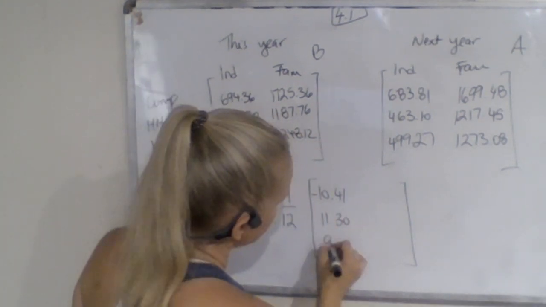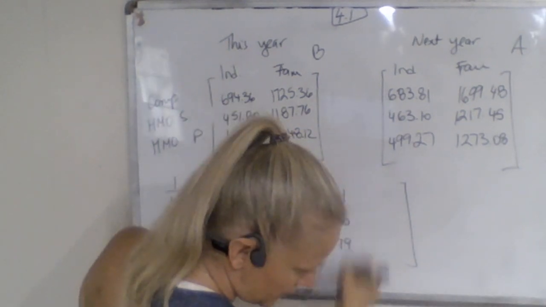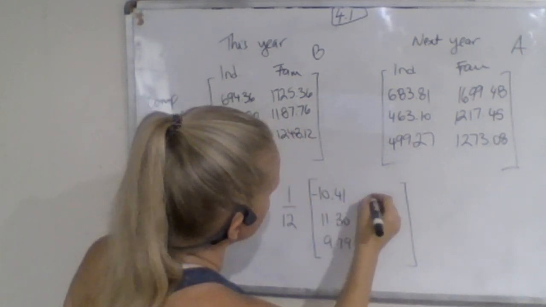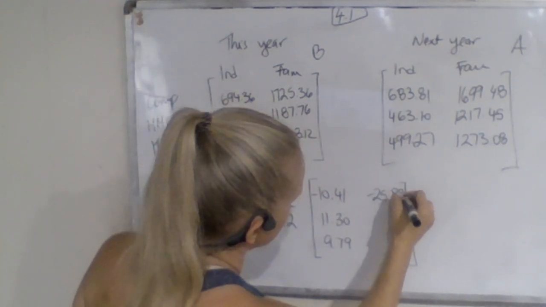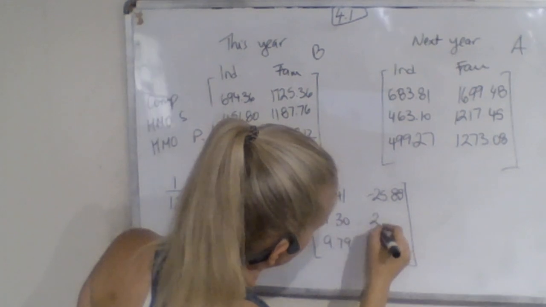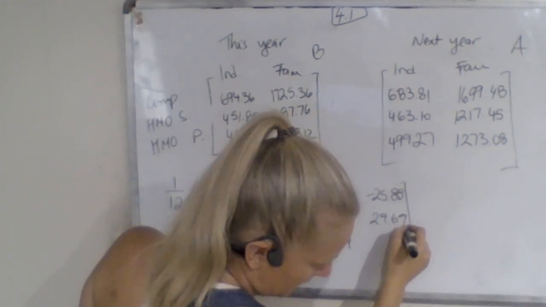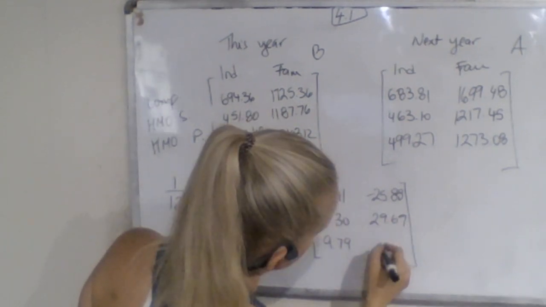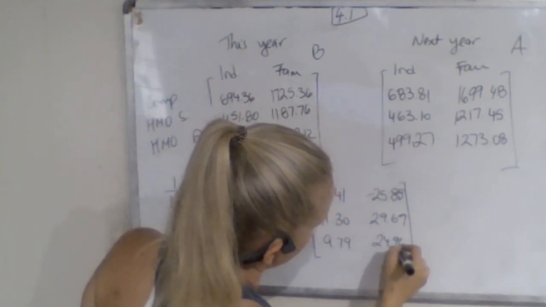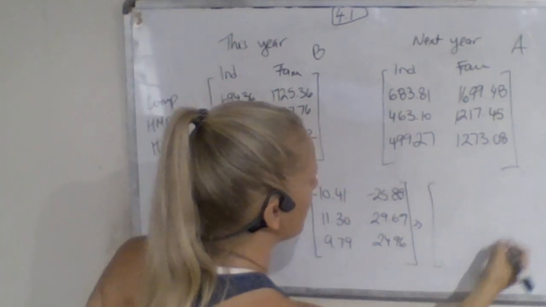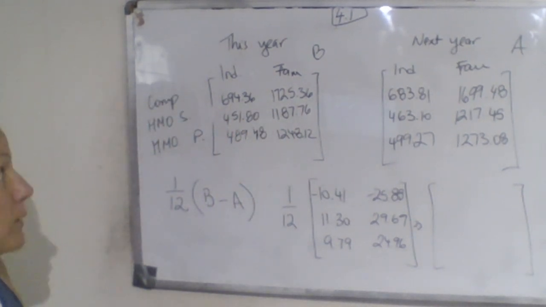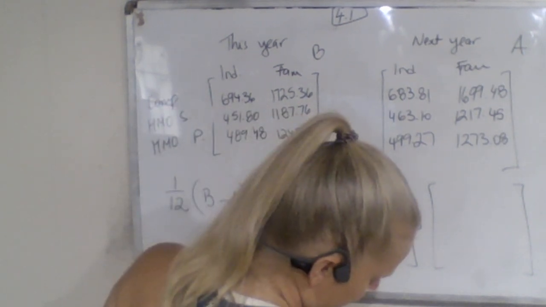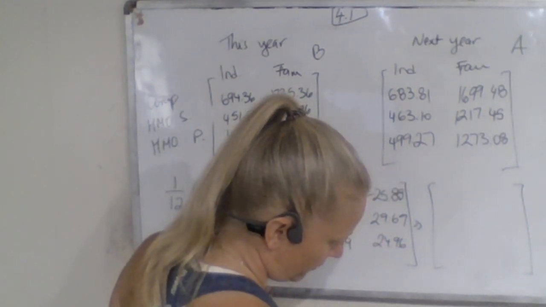11.3, 9.79, and that is on individual plans. On the other one is negative 25.88, and then 29.69, and then 24.96. And when I do that timing by 1 over 12 to get exactly how much it will increase or decrease from one year to another, depending on what plan you're picking, it says that times 1/12, we get